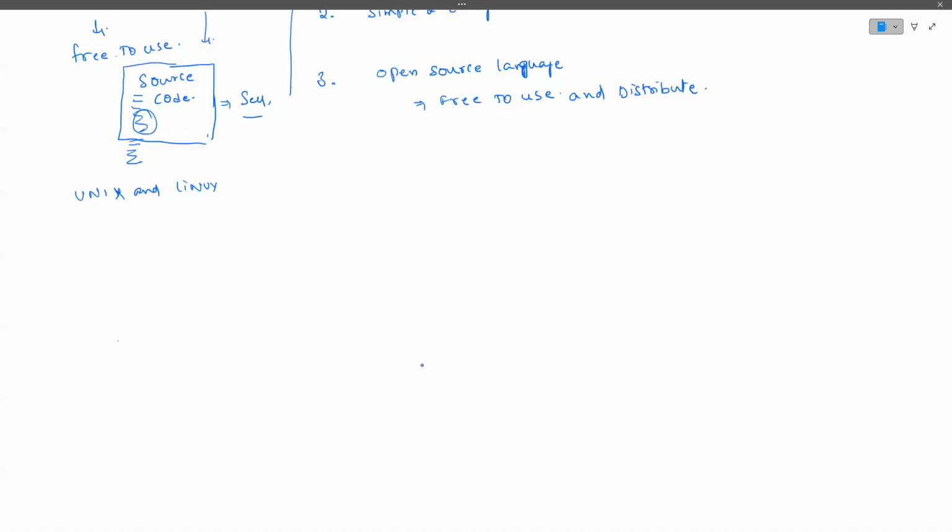Many of the people have heard about that. It is also one of the operating systems, just like Windows. But generally, most people think that Unix and Linux are the same, but they are not the same, guys. Actually, Unix was developed first. I think all of you have an idea about that. Unix was developed by Dennis Ritchie, who is the creator of the C language.